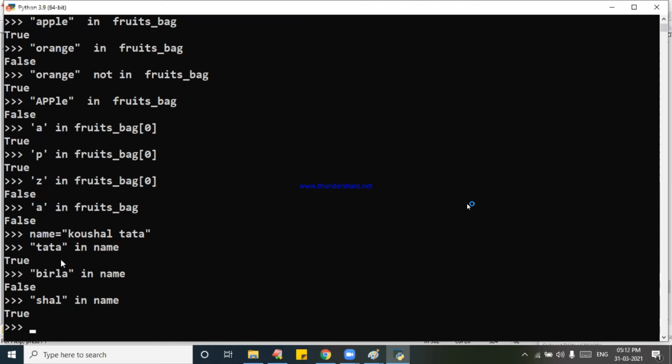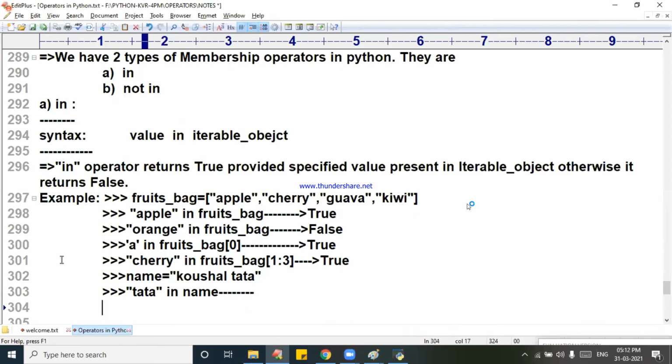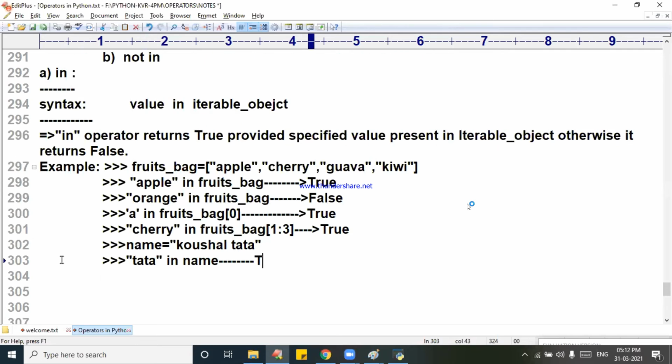Very simple, very easy. See how many possibilities we are going to see. Next, a short part of it, like Shal, a small part of Kaushal. In name, it is going to return true.